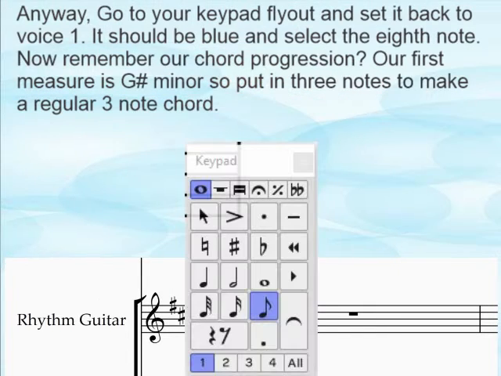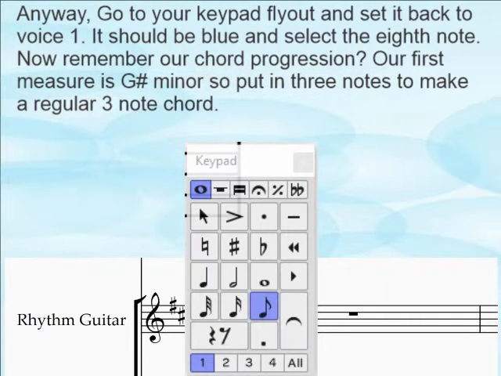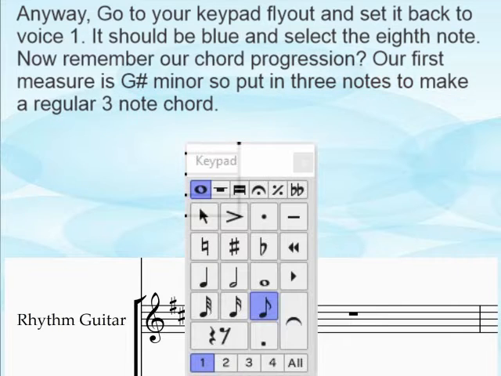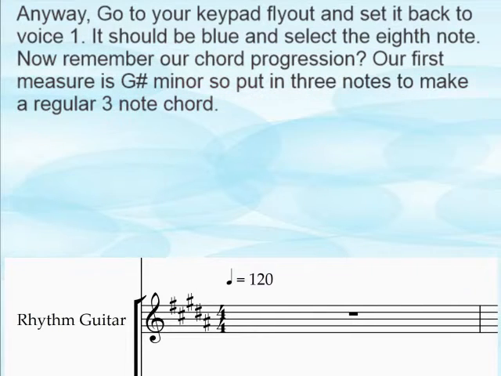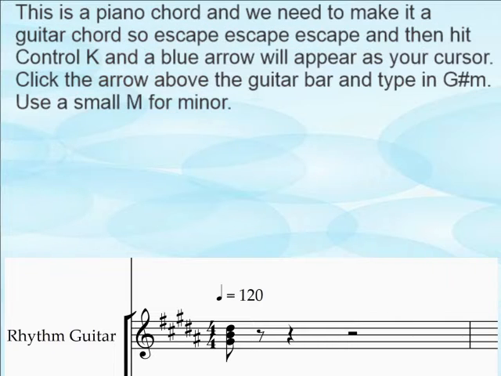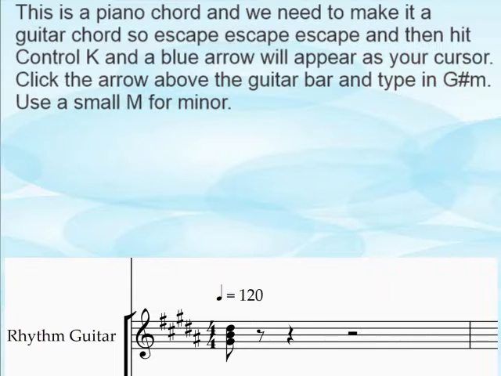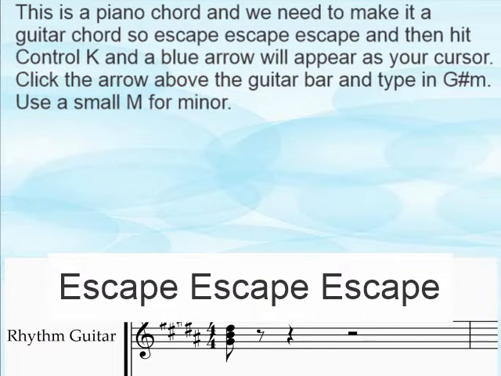Anyway, go to your keypad flyout and set it back to voice 1. It should be blue, and select the 8th note. Remember our chord progression? Our first measure is G sharp minor, so put in 3 notes to make a regular 3-note chord. This is a piano chord and we need to make it a guitar chord, so escape, escape, escape,